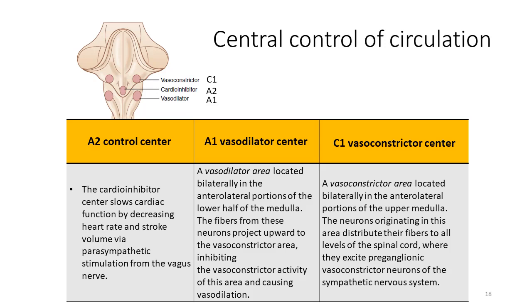The third control of blood flow is central control of circulation. As you can see, there are centers for blood circulation control in the medulla oblongata and pons. We have three parts. First, the vasoconstrictor as C1, second, the cardio inhibitor as A2, and third, the vasodilator as A1. Let's start with C1. C1 is a vasoconstrictor center, and they are located bilaterally in the anterolateral portion of the upper medulla,